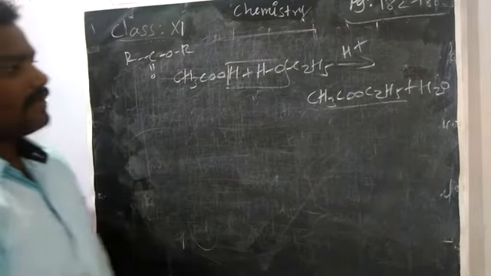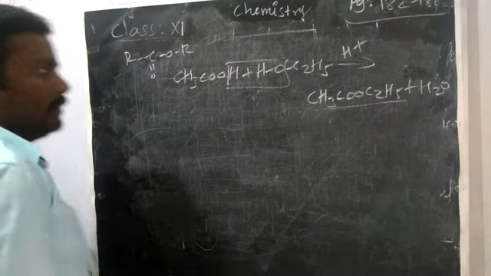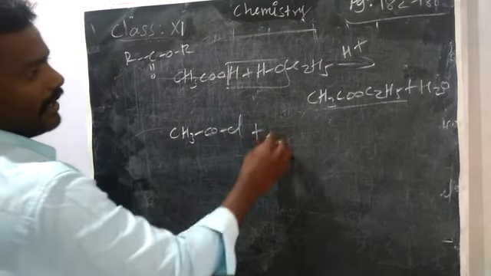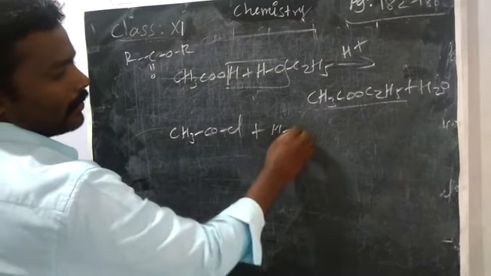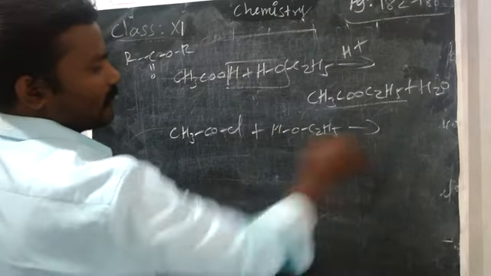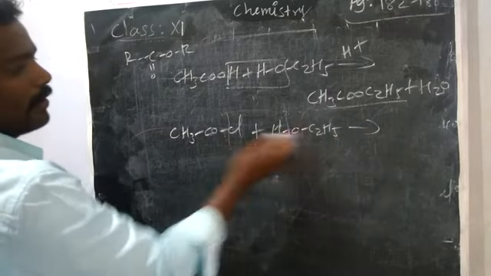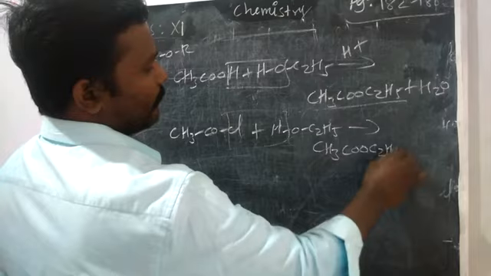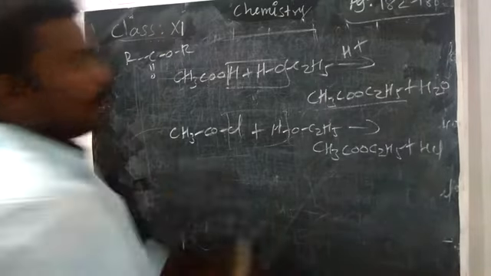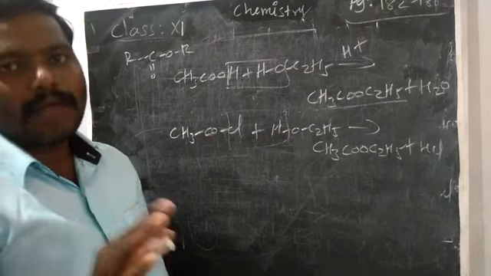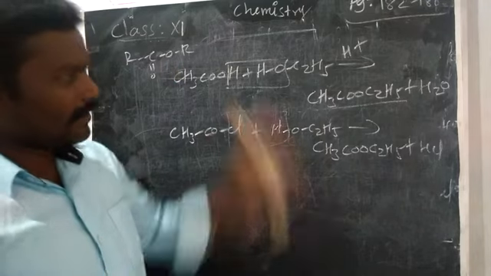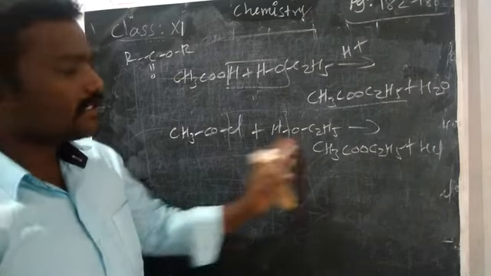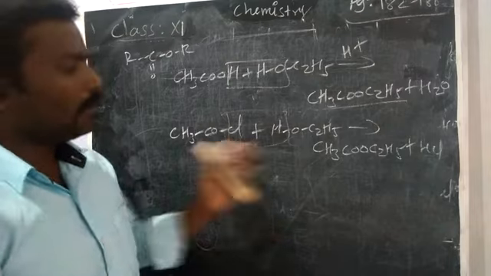Okay. Otherwise, alcohol with acid chloride. That means acid chloride like acetyl chloride, if you take it with any alcohol, C2H5OH, here also HCl will go. Then if you add, you will get the same ester, CH3COOC2H5, plus HCl. These two preparations you didn't have in your book. They didn't give them in the book. But these two we have already discussed in this same lesson, and this equation is also given as theory. You have to write it in your book.